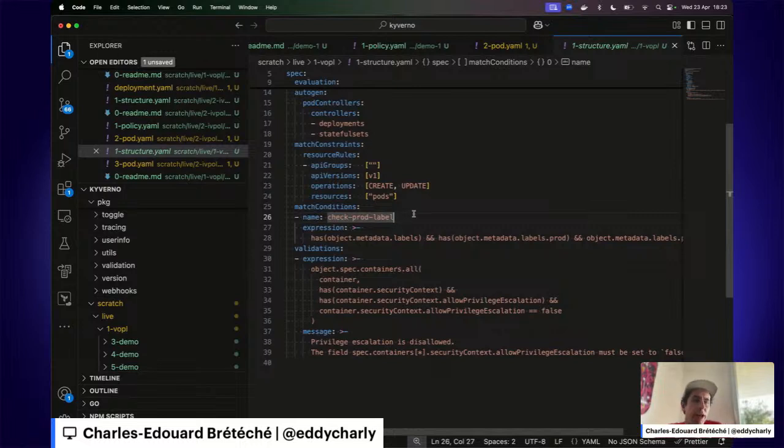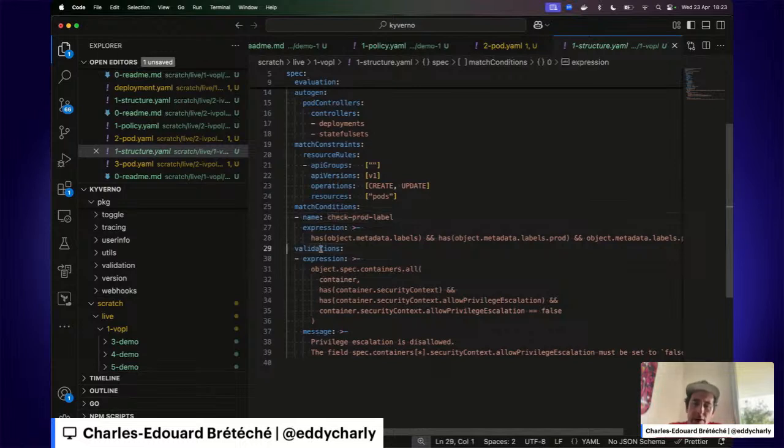So that's really a way to program the API server and let it know that you want this resource to be validated against the policy or not.